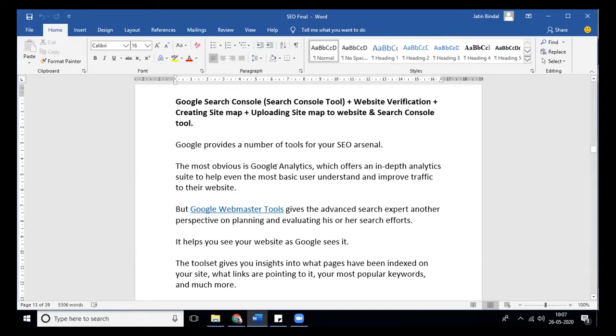Okay. Now we will learn today how to create a Google Webmaster account. For that, what we need, does any one of you have a website which is running right now? How many of you have a website which is running right now where you have the backend access to upload it? Either press 1 or 2 in the chat box. If you have it and you have the access, press 1, otherwise press 2.